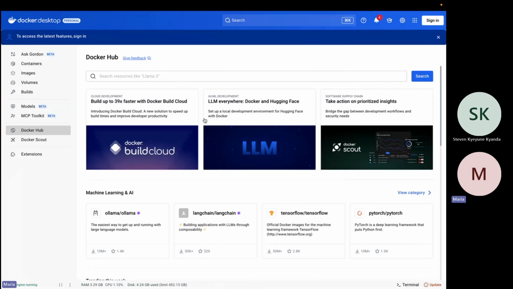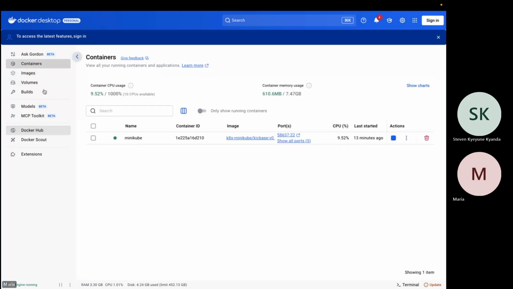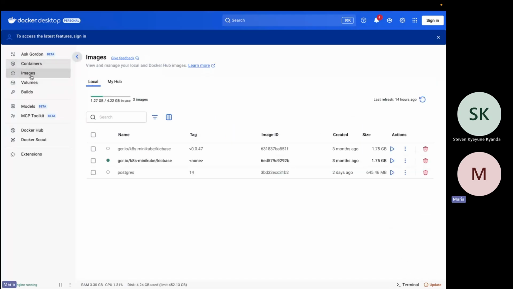So a little bit about the Docker desktop. The Docker desktop has containers, as you can see on your left. It has images. You can manage all this from the interface without using the command line.